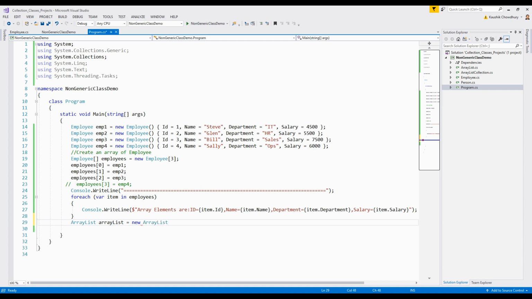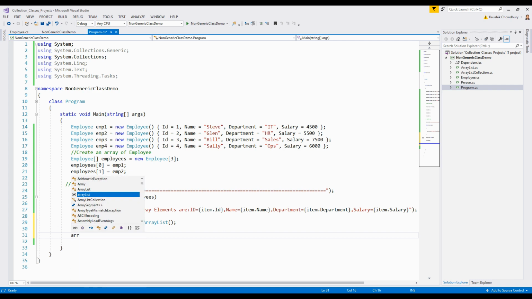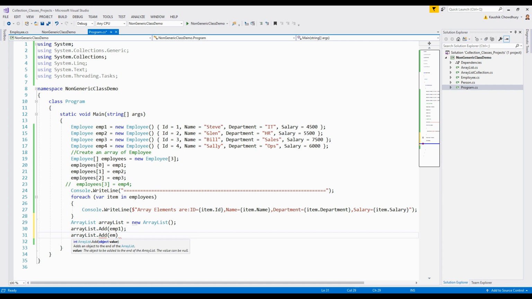So what is auto suggested? New ArrayList. Now this ArrayList has a few methods, and the most commonly used method is the Add method. It will allow me to add an object. ArrayList is derived from object, so I can put an object, which in this case is emp1, and then again ArrayList dot Add emp2,